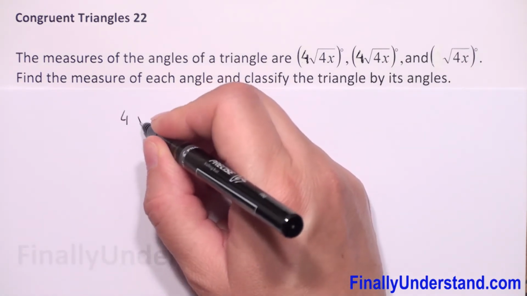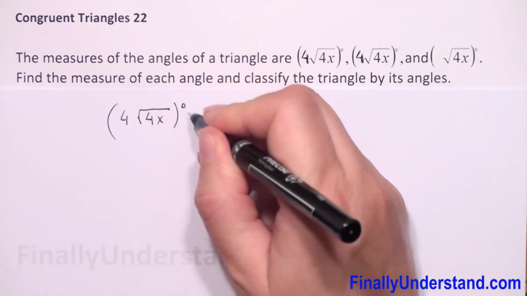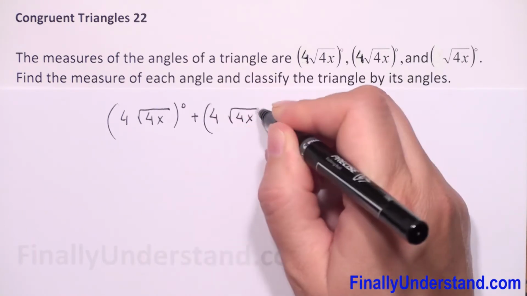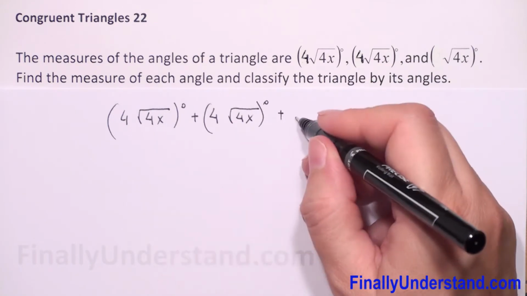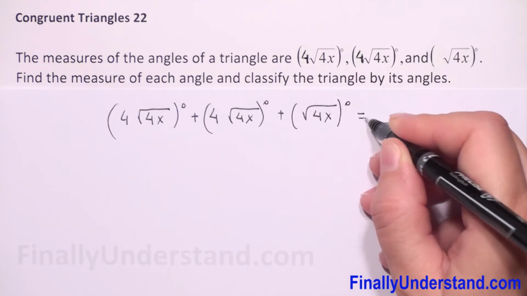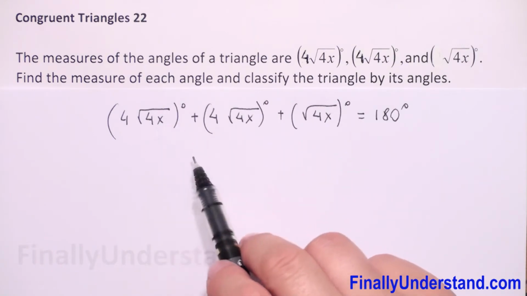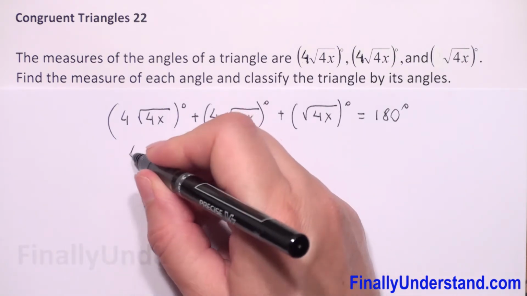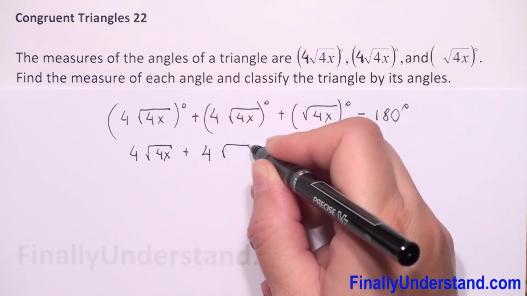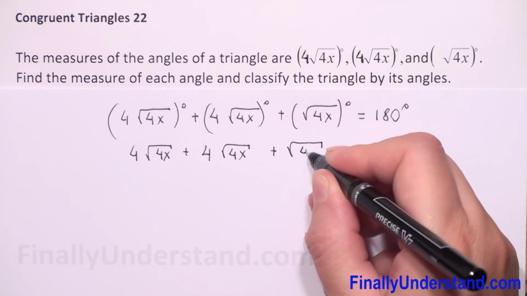4 times square root of 4x degrees plus 4 times square root of 4x degrees plus square root of 4x degrees is equal to 180 degrees. Let's forget about degrees and we can take down this parenthesis. So we have 4 square root of 4x plus 4 square root of 4x plus square root of 4x